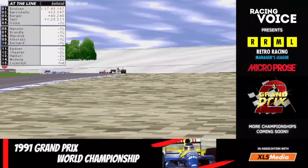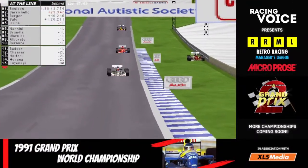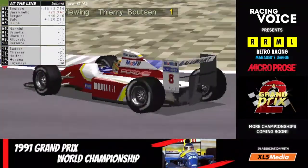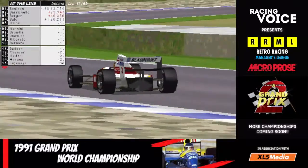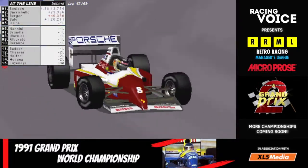It looks like the Modena Lamborghini team, out of pre-qualifying, are going to score a championship point. Great work from Modena Lamborghini and from Eric Bernard, who have completely outclassed both Eurobrunn and Honda in the Grand Prix itself, despite losing to them in the qualifying sprint. They've clearly got a better race car for the Grand Prix than they do for the qualifying sprint. And Eric Bernard is going to give the Modena Lamborghini team 1 championship point if he just keeps it together,